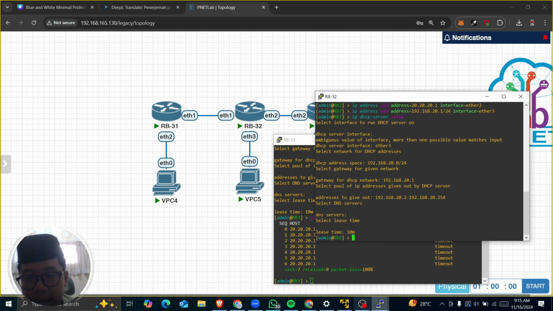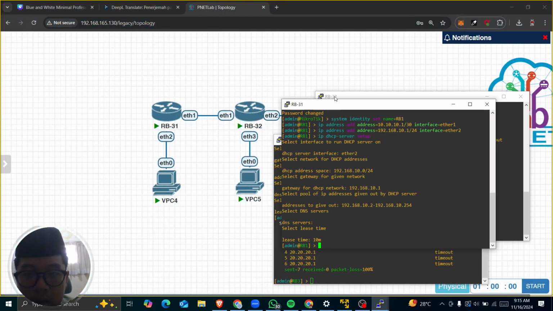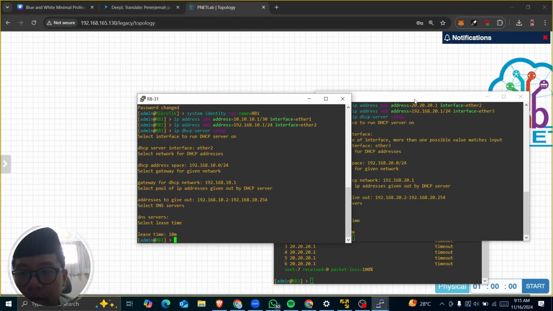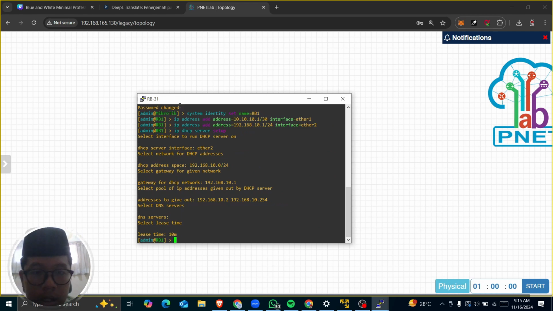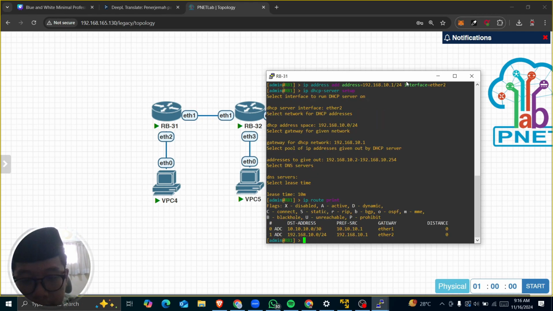So next we're gonna add the routing, setting on RB1 first. Let's see the IP route print. Okay, so in here dynamic active connected to interface ether1.